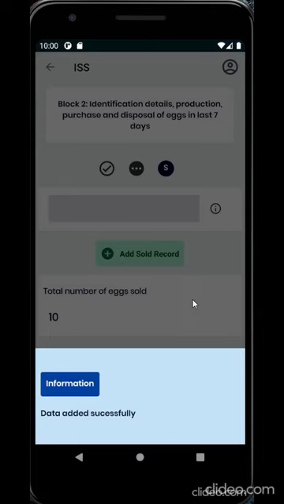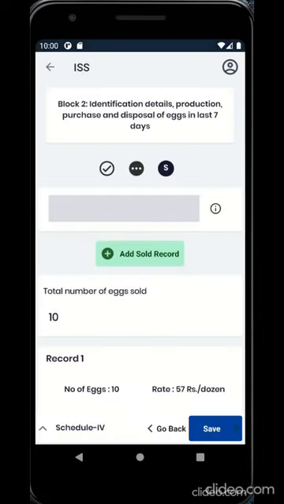Data is added successfully. This will update the value displayed against the total number of eggs sold, followed by a card displaying the record. These can also be updated and deleted in a similar manner as that for purchase records.